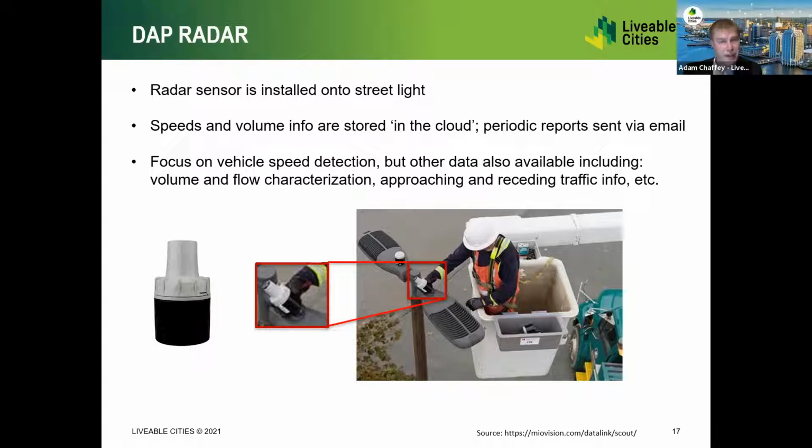And once that's performed, we've got power, usually 24/7, to that street light, as well as a permanent mobile data connection back over that cellular network, so we can begin to receive data almost immediately. These technologies are located high above the street, so they're almost inconspicuous to the average road user and driver. They don't know that traffic speeds are being monitored in a particular location.